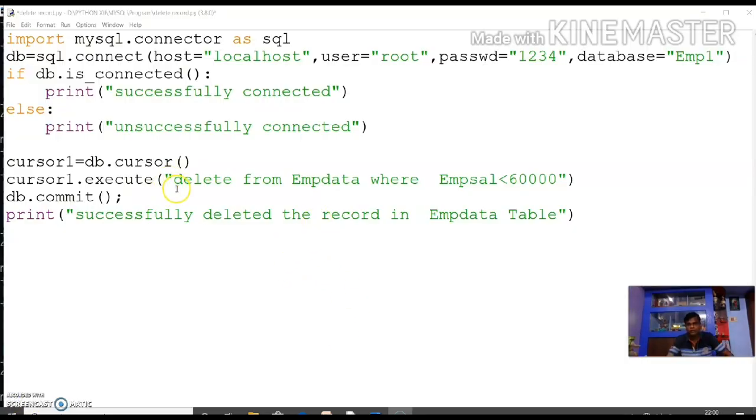Now how to delete the records? What is the command, what is the syntax? Delete from table name, whatever conditions you have given. I am giving this condition: delete from table name emp data where emp salary less than 60,000. Those who have less than 60,000 rupees, you delete all those records. You compile this.